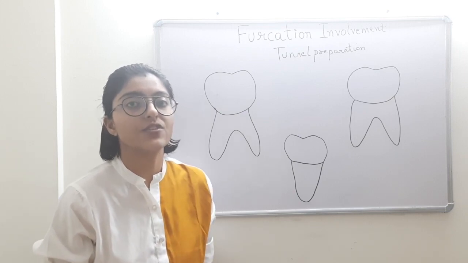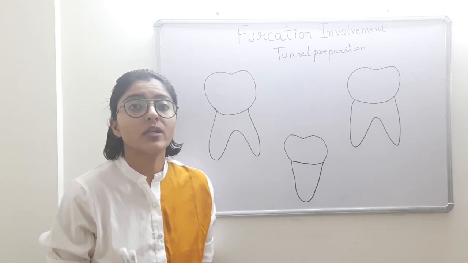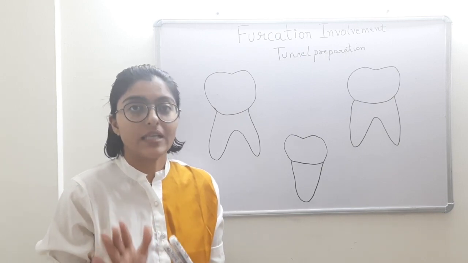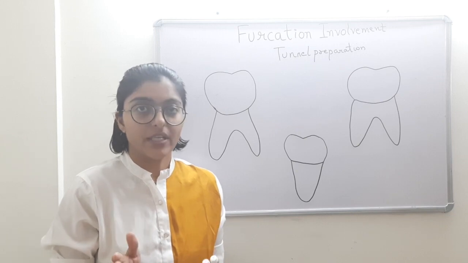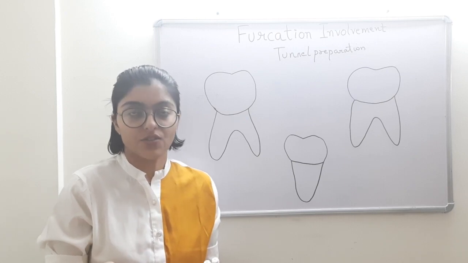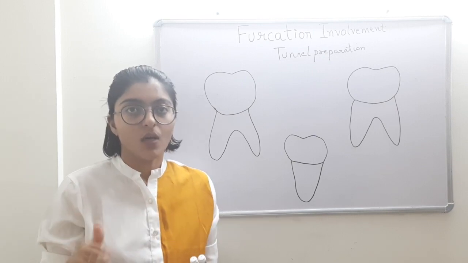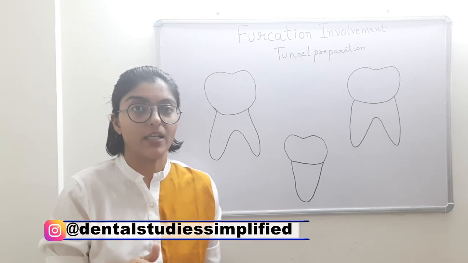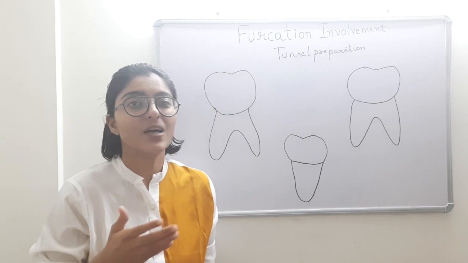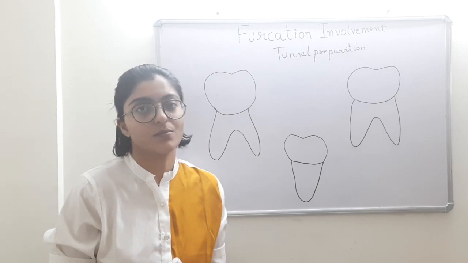The other set of indications is in terms of teeth or surfaces. Here the indication is only mandibular molars and not maxillary molars. Why? Because for a tunnel it has to be a straight one preferably. So to prepare a straight tunnel, the involved furcations should fall in the same line in a linear fashion or in the same path. That is possible only in case of mandibular molars, in which the buccal and lingual furcations both fall in almost the same line. So a pretty much clear straight tunnel is possible to prepare.